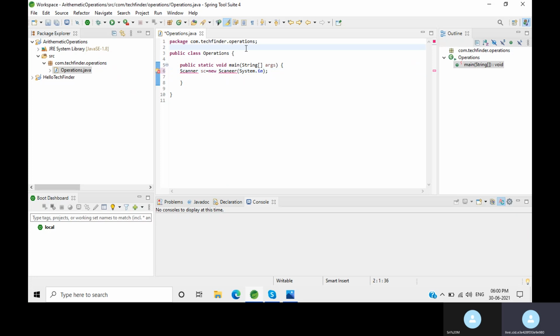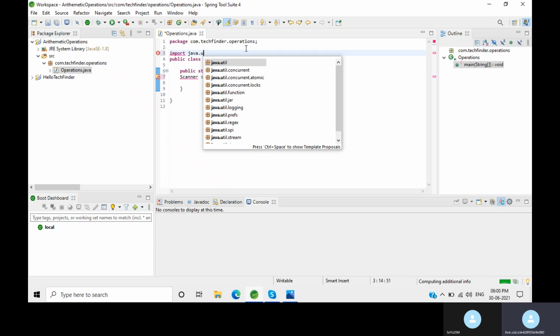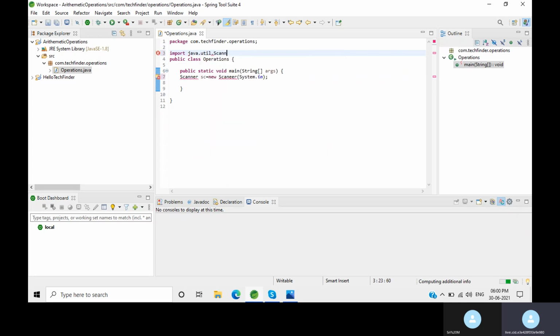So on the top of the class, import java.util.Scanner. Now we need to create two variables to get the inputs from the user.